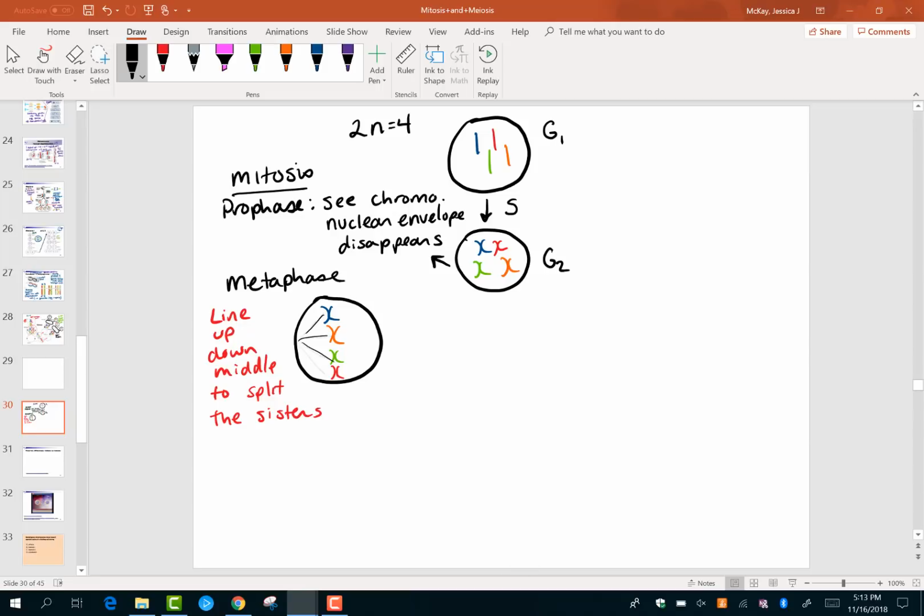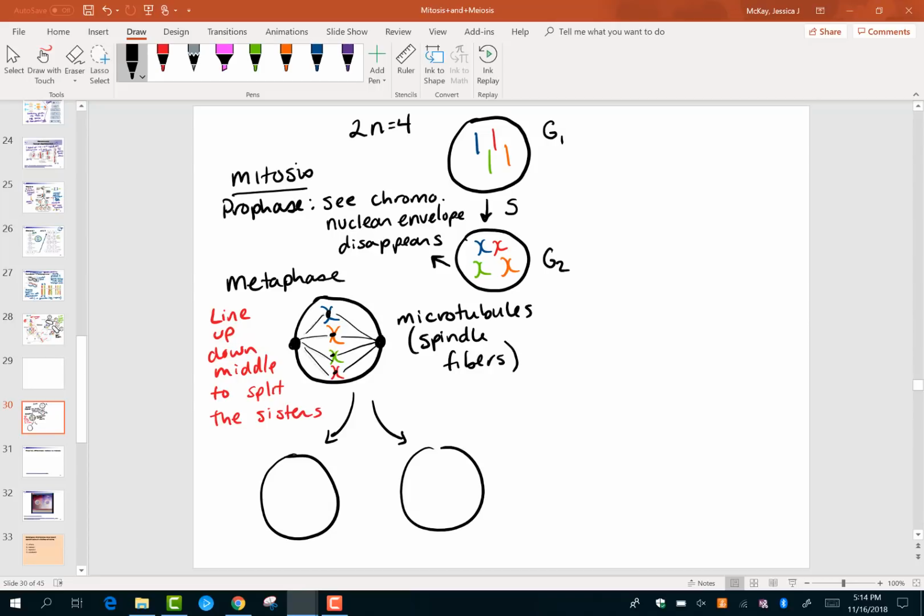If we drew our spindle fibers, remember that the spindle fibers are connecting to the centromere region via the kinetochore proteins, and outside here are the centrosomes, where the centrioles have started generating those spindle fibers, which are microtubules, part of the cytoskeleton. So I'll just write microtubules, spindle fibers, and they do the pulling and pushing to get the chromosomes to their proper location. So anaphase is the splitting of them, telophase is generating the new nuclei,